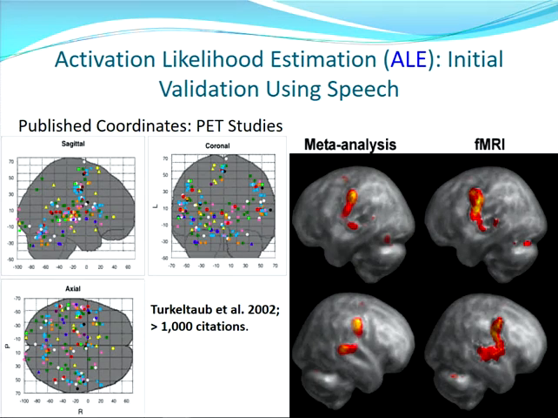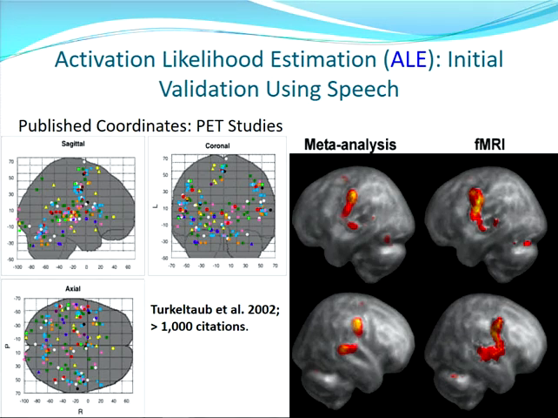So this was another major change in the way we could approach, another tool that allowed us to use coordinates in a very interesting way. It was introduced in 2002 by Peter Turkeltaub, and he called this method activation likelihood estimation. And what he did, he looked at a number of PET studies based on speech, and at each location, instead of using the coordinate, he generated a 3D distribution with a Gaussian function for each coordinate. So it spread it out into a more continuous distribution that he was able to threshold and produce these